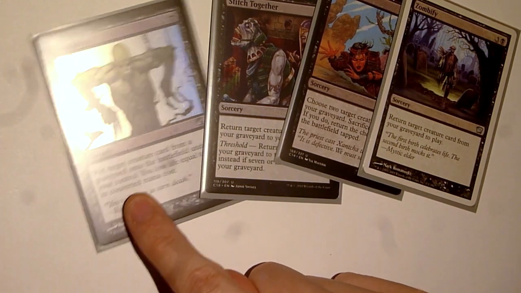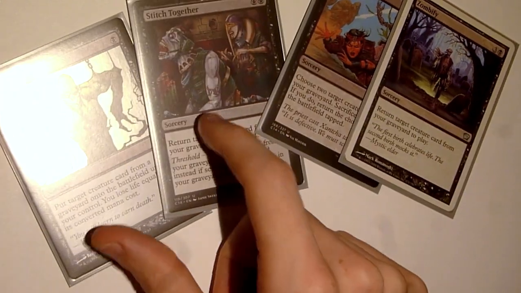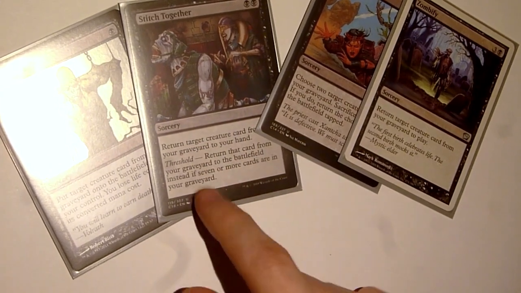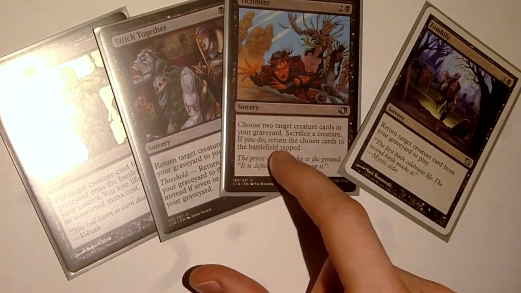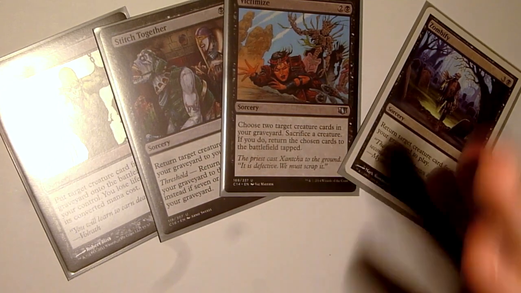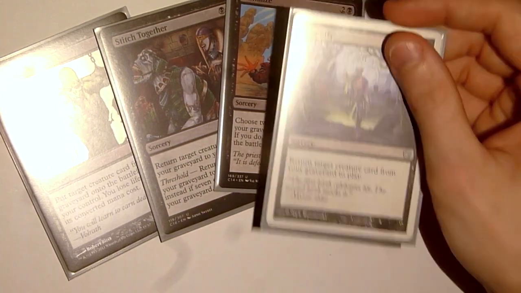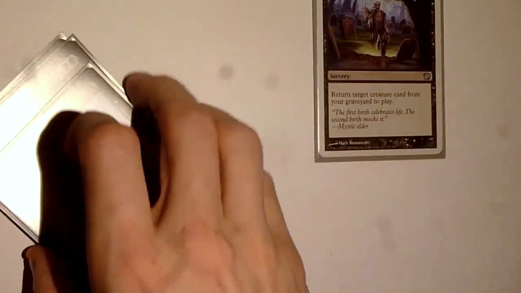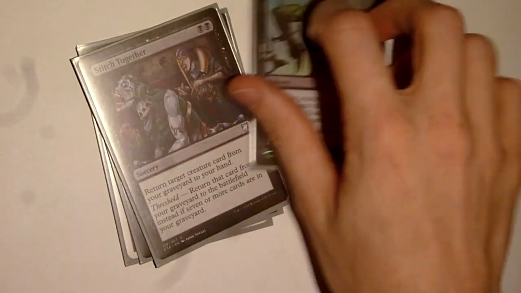Reanimate does that, but you can lose life equal to CMC. Stitch Together puts a creature into your hand, but if you have 7 or more cards in your graveyard, it goes right onto the field, so that's actually a really strong one. Victimize: sacrifice a creature, put 2 creatures from your graveyard onto the battlefield tapped. And Zombify just returns a creature to the battlefield from your graveyard. So, all very good. I highly recommend playing at least 4 or 5, or more, Reanimates,